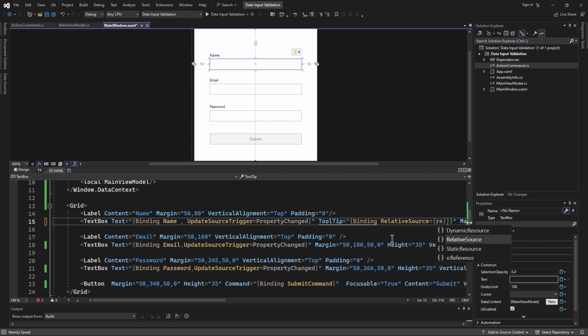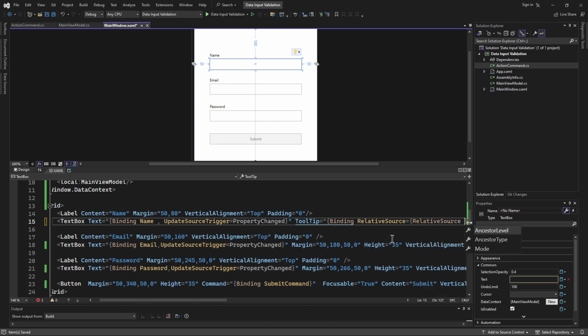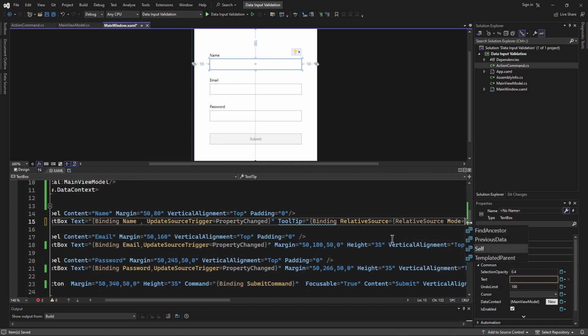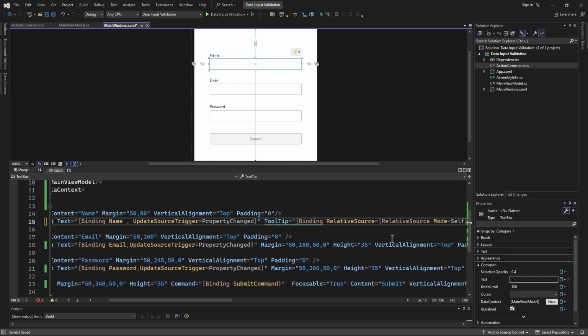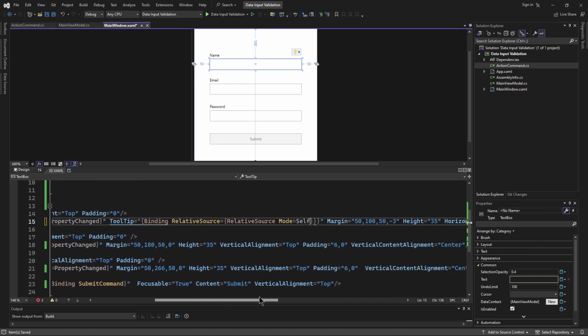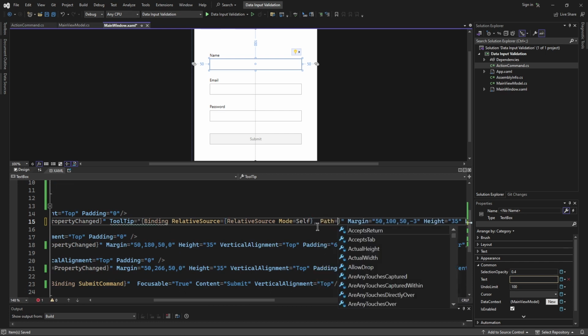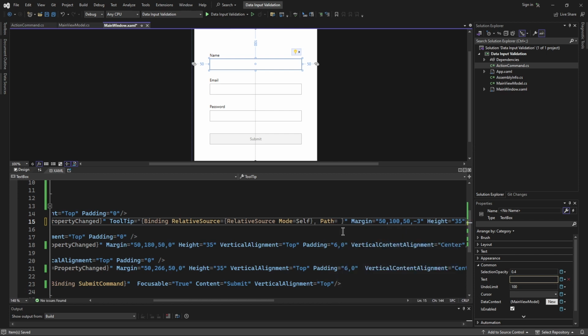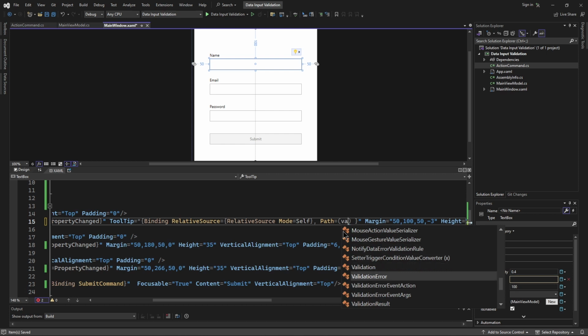And that relative resource is going to have a mode, and the mode is simply going to be set to self. So I'm simply trying to get information from this very text box itself. So here what I'm going to do is I'll specify the path. Now for the path, I'm going to use a class. So this will be the validation class,